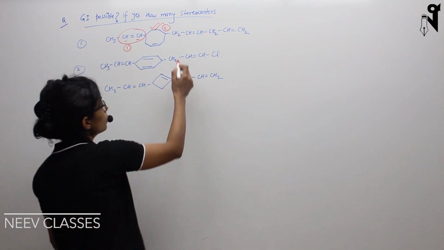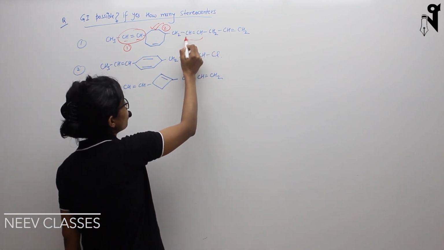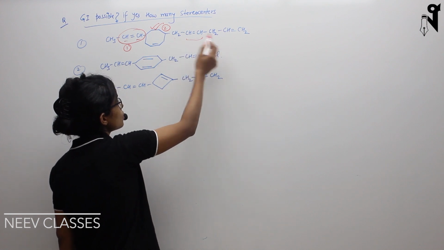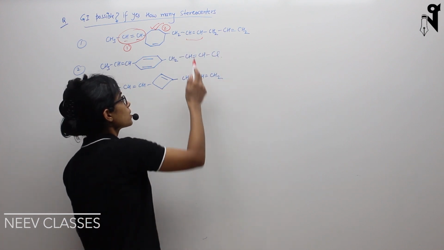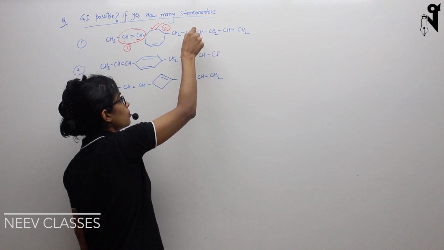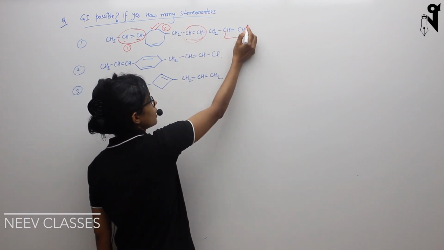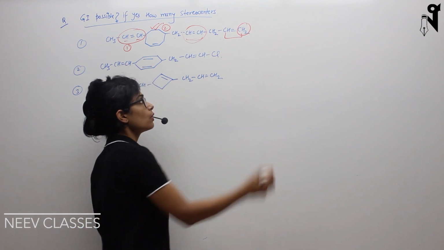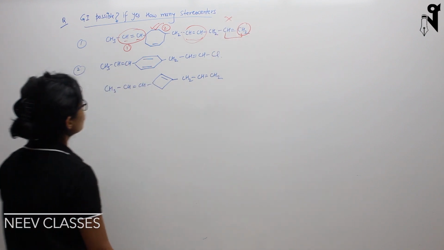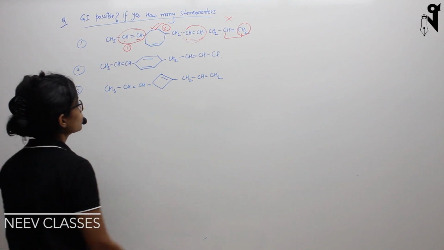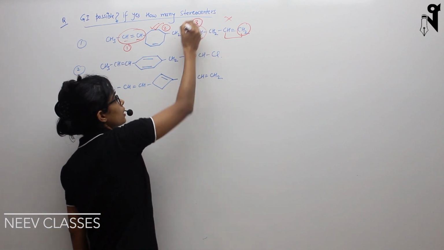Then come to the third one. Here double bond carbon, double bond carbon. Basically two different chains altogether are there on both the sides, and hydrogens are there with a double bond. This will show GI. Let's talk about this. This carbon doesn't have two different groups, so this will not show GI. So according to this, there are 3 stereo centers.